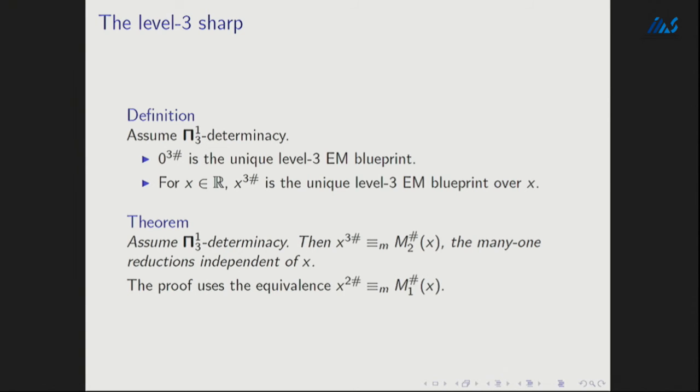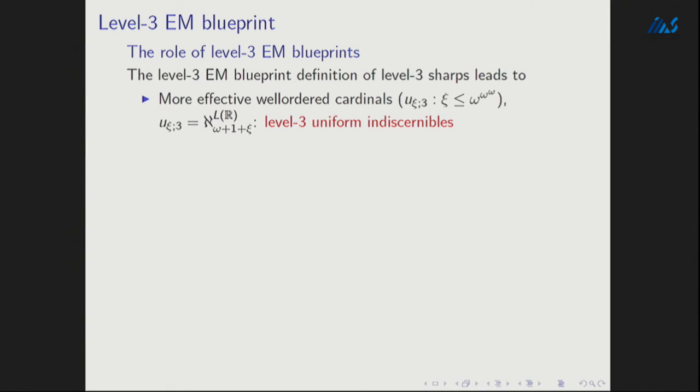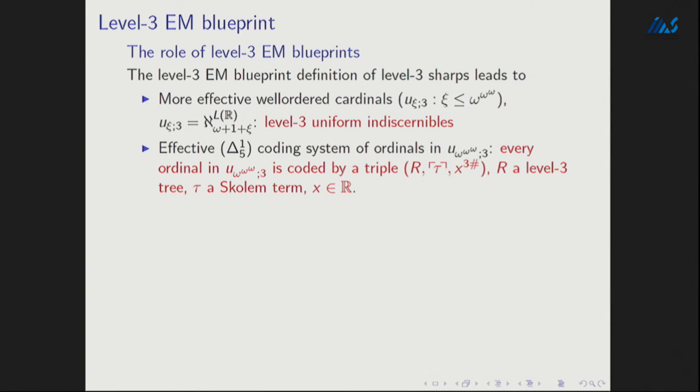So the proof uses the proof of the lower level equivalence, which is the leftmost branch equivalent to a mouse with one Woodin cardinal. From the blueprint formulation of the level 3 sharp, we can define the level 3 indiscernibles,